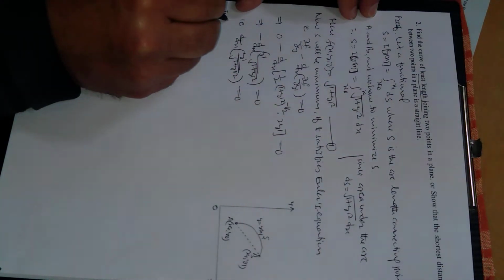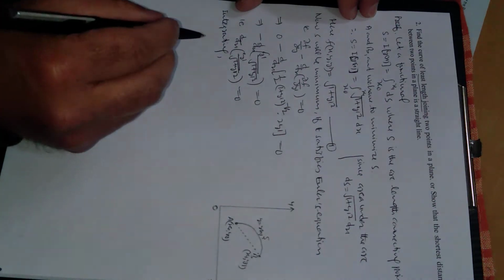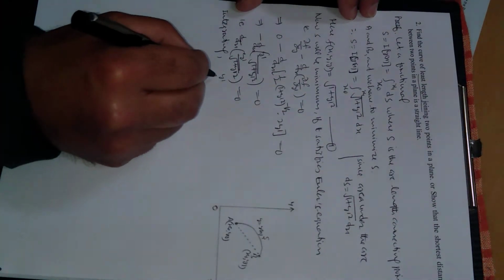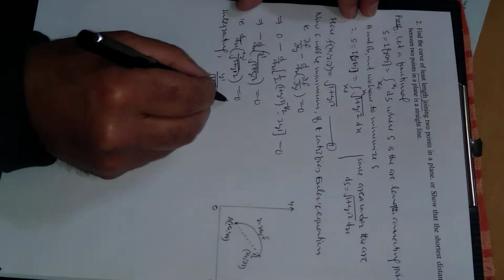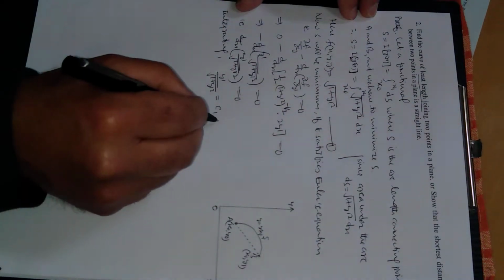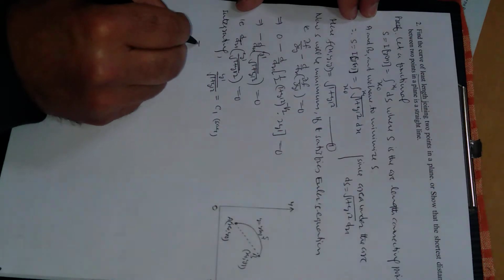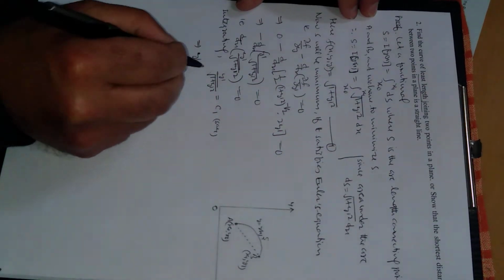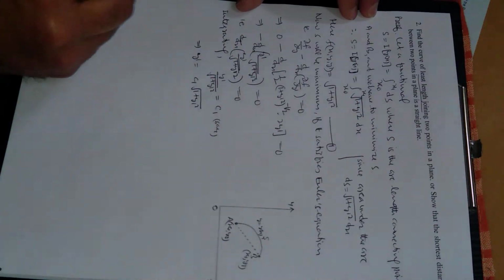Integrating, we integrate this with respect to x, so derivative and integration cancel each other. Y dash over square root of 1 plus y dash square. The integral of 0 is 0, but there will be a constant of integration. Let us suppose c1 is the constant of integration. So this implies, from here what do we get for y dash? y dash equals c1 times square root of 1 plus y dash square.